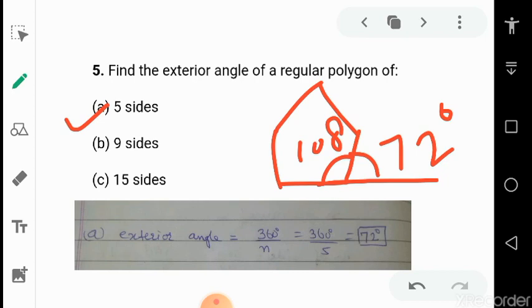But if you don't know the measurement of interior angle, if you know only the number of sides, then what you will do, you will divide 360 degree by n. Okay, again I tell you, if you know the number of sides, that is n, just divide 360 degree by n, you will get the measurement of exterior angle, and all the exterior angles will be equal because it is a regular pentagon. So there will be an exterior angle there also, and in this way.